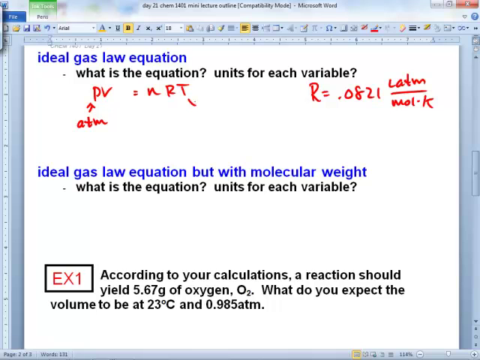And Priscilla, how do you get things into Kelvin again? If it's in Celsius? Add 273. Talia, another one? V is volume, which has to be in what units? No. Here's a hint in here. Has to be in... Anybody see it? Liters. Last one is little n, everybody? Moles. Good.